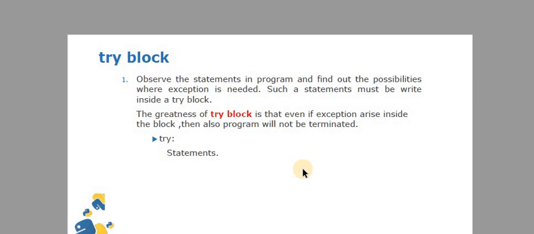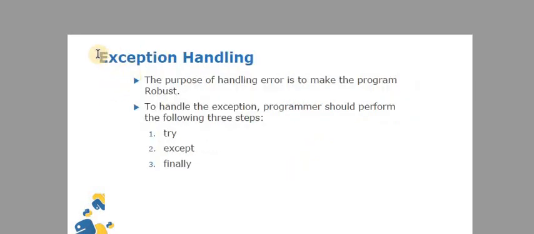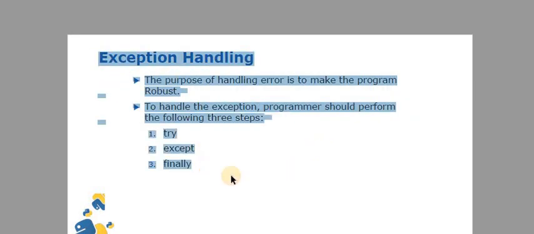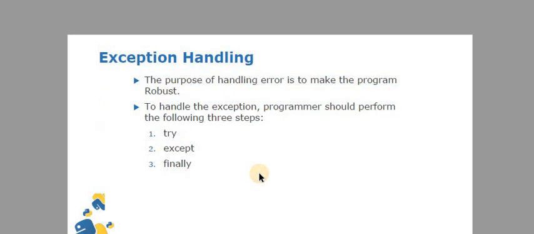In the next lecture we will discuss the syntax and how to handle built-in exceptions. If an exception is raised that is not handled by the Python compiler, how can we create user-defined exceptions? In the next lecture, we will learn in detail how to write the try and except blocks in Python.